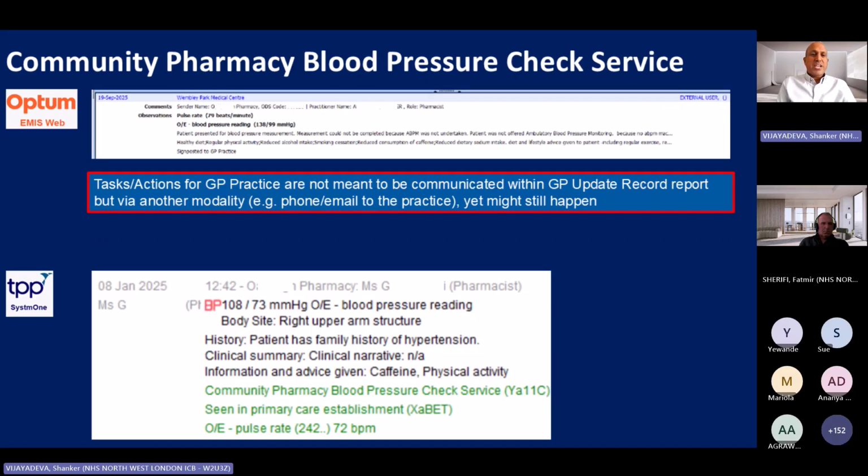Community pharmacy blood pressure check service. This is how this looks. So again, coded blood pressure reading. By the way, I've redacted a lot of information where it says pharmacist name, pharmacy. So if you think it doesn't show that information, it does. It's just that I've tried to cover it up in case anyone's sensitive about that. One point I will flag, and there is an example, it's made look a bit blurred, that